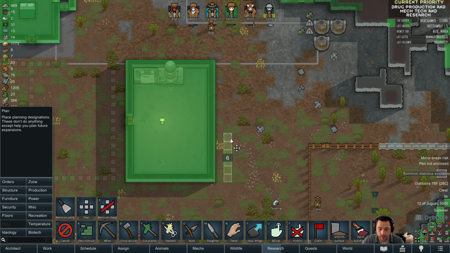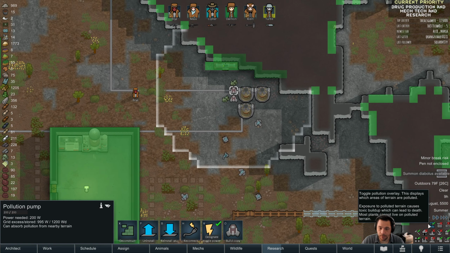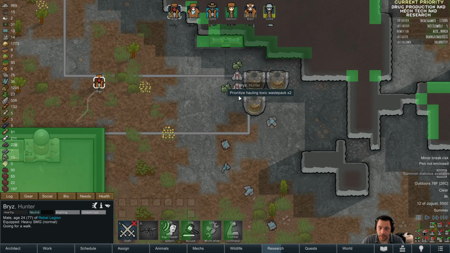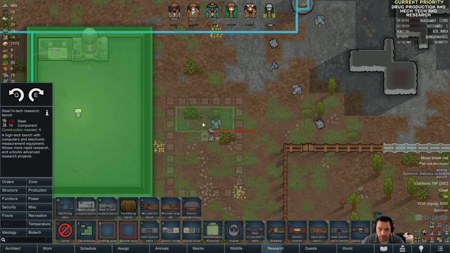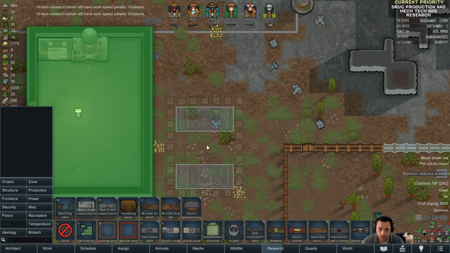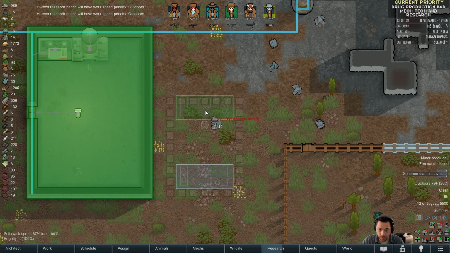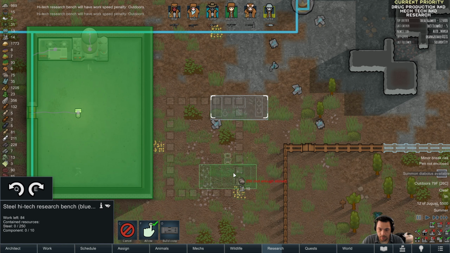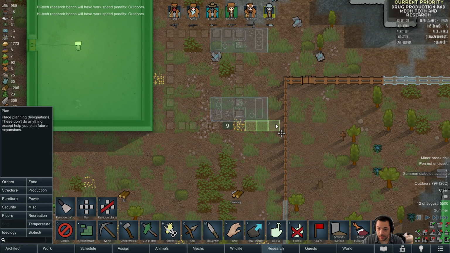So I think what I'll do is put it here. I know it's close to my pollution, but I've been managing my pollution pretty well. I literally don't have any right now, and I'll put the laboratory here, because this would allow me to have 2 high-tech research benches at the same time, sharing the same multi-analyzer. Maybe I'll make it a little bit larger. Plan ahead. So, multi-analyzer there, and then hospital beds on either side. So that would look something like...